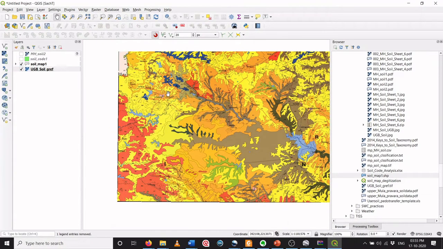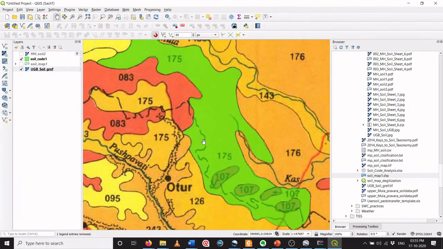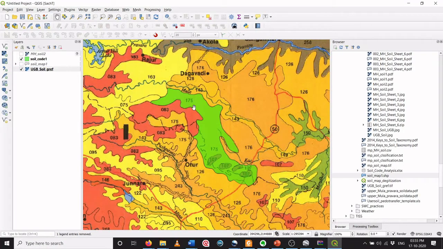Now let's see a typical problem faced by researchers while digitization. Let's focus on this polygon. This polygon represents a soil type which is characterized as 175, but over here you can see there are certain circles inside which don't have the same soil structure, so they don't belong to the soil texture of 175. So I need to exclude these inner components, and these are called inner rings.